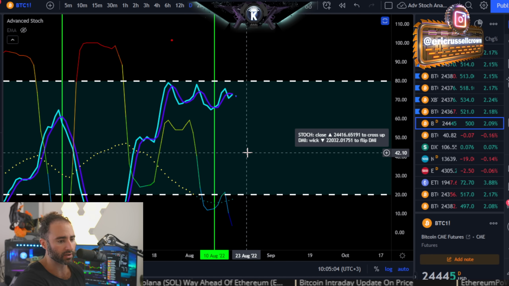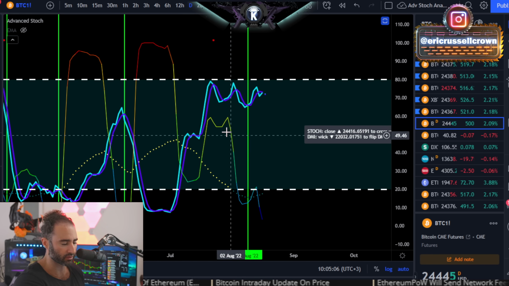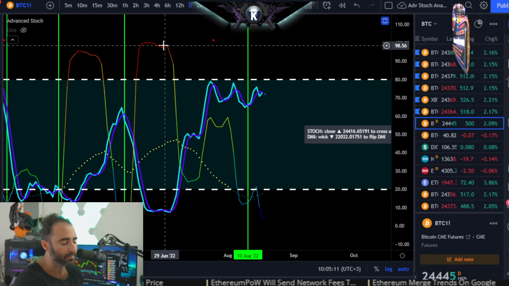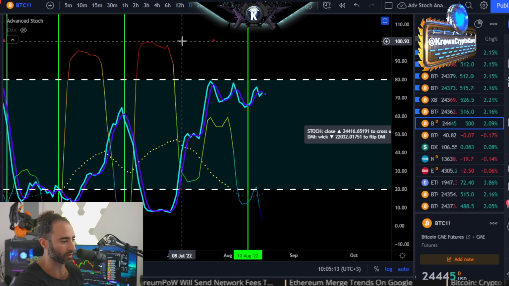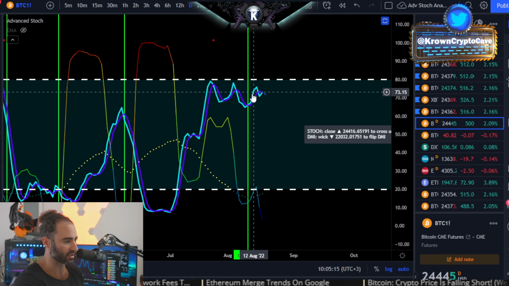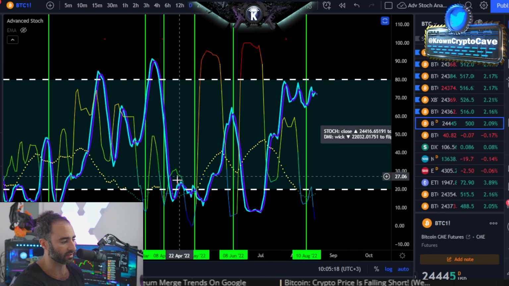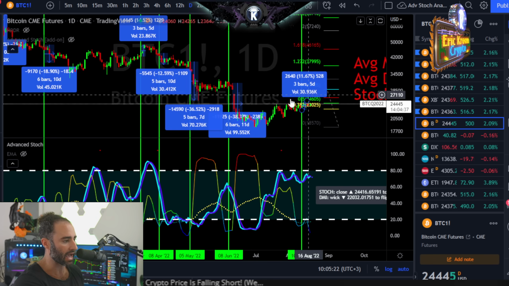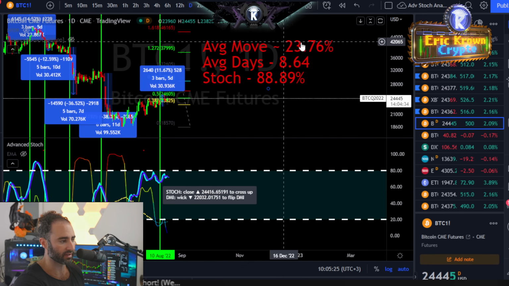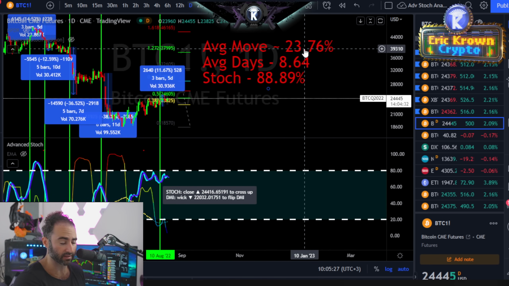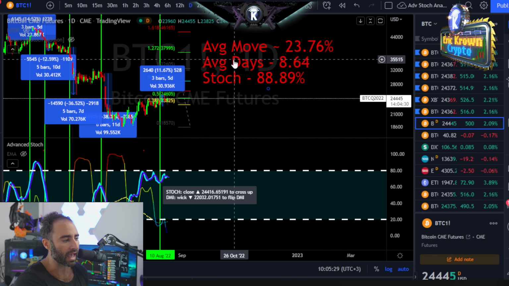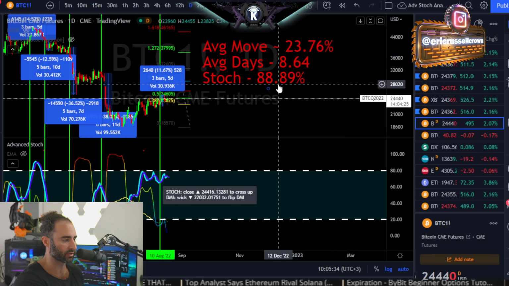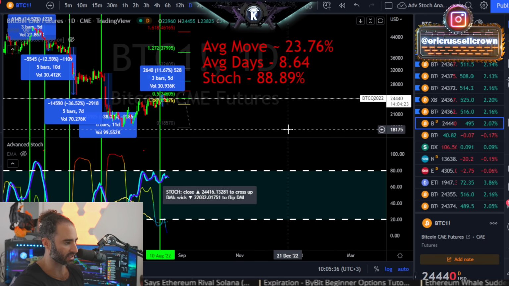So with that in mind, what essentially are we looking at? We're looking at a volatility versus stochastic momentum chart. Volatility is represented by this moving metric that my cursor is currently on right here, and that is actually the volatility of stochastic momentum, and then this is obviously the stochastic momentum oscillator. Anytime that we have seen volatility get extremely low, the expansion phase from those extreme lows has led to an average move of about 23.76%. That number was updated, seeing as we got the next iteration over here. Average days taken to the next major high or low is about 8.64, and the stochastic momentum oscillator has gone the correct direction about 90% of the time in this case.